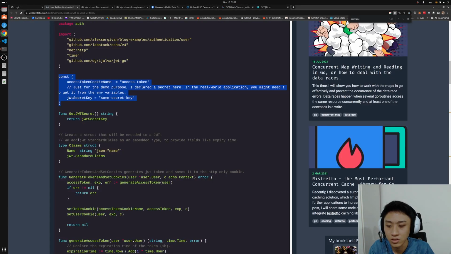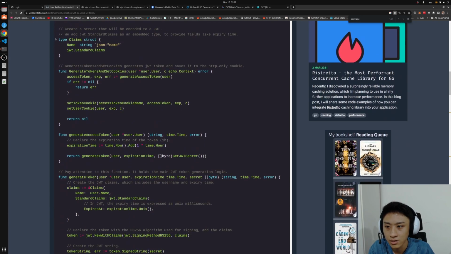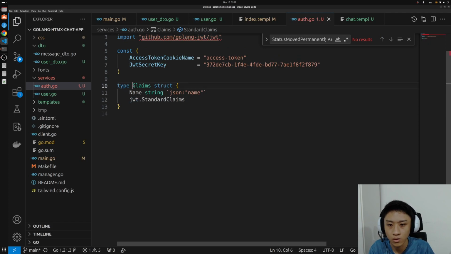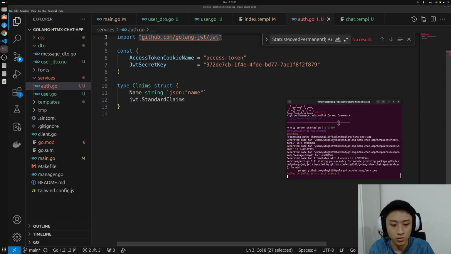Let's go back again to the code here. And we have a struct. This struct is called Claims, where